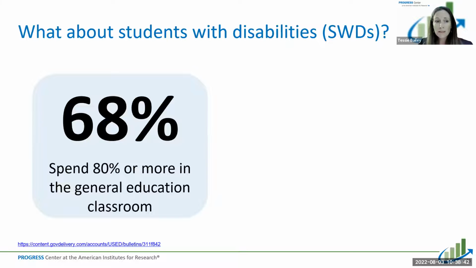Now, why this matters is that if we think about the current reality of our educational system, almost 70% of kids with disabilities spend the majority of their time accessing and participating in general education curriculum. So I know there's a lot of special education teachers here, and I think sometimes we might feel frustrated that we're not getting this collaborative effort, but it really is around us coming together, right? That at least one teacher has to hold those expectations